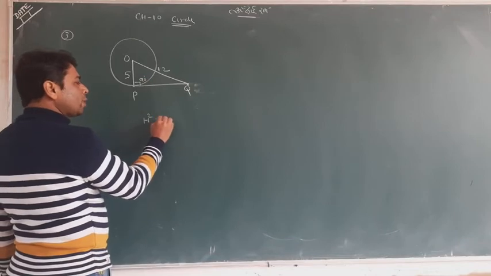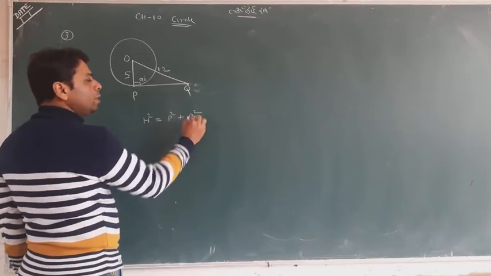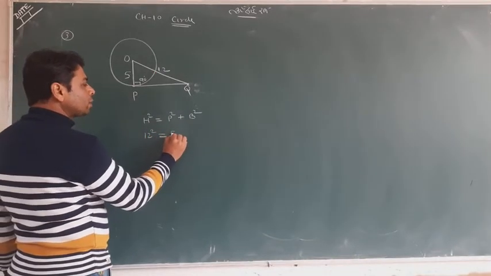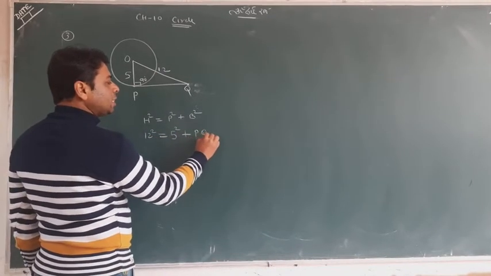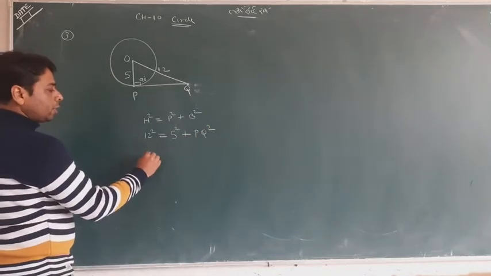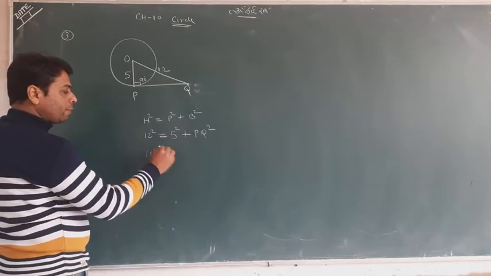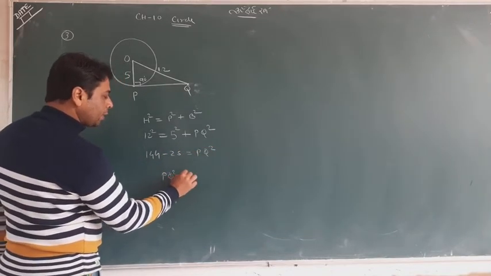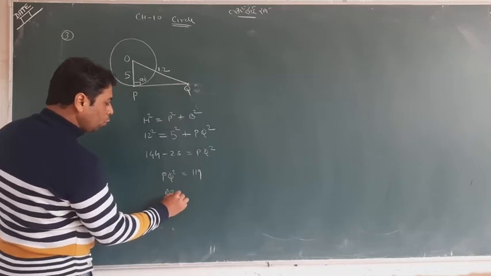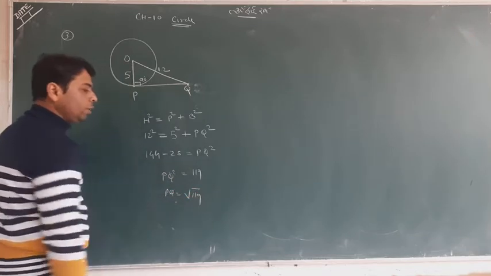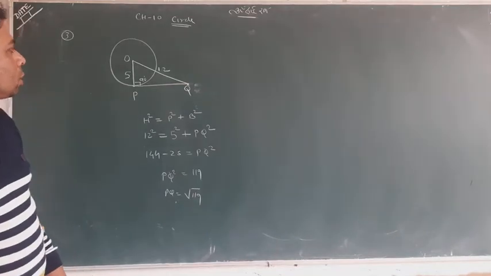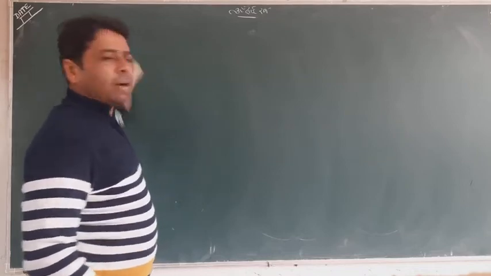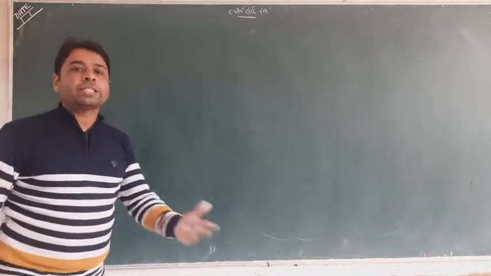So hypotenuse squared equals perpendicular squared plus base squared, a very simple theorem for one and all. The hypotenuse is 12, squared, the perpendicular is 5 squared, and the base is PQ. So 144 minus 25, 5 fives are 25, transferring this side, gives PQ squared equals 119, and PQ is equal to root 119. This is the answer of the question. I hope you have got this particular exercise with a simple example. Now I will move on to the next concept.